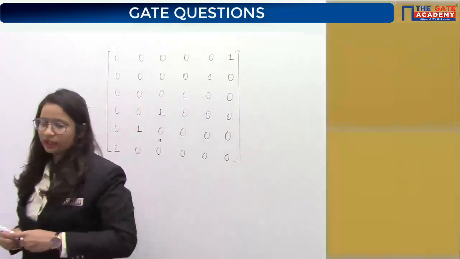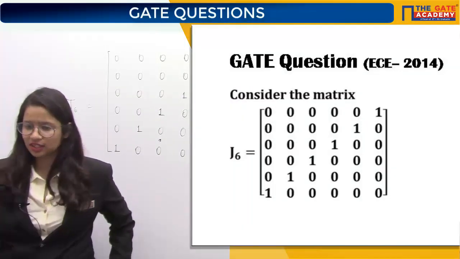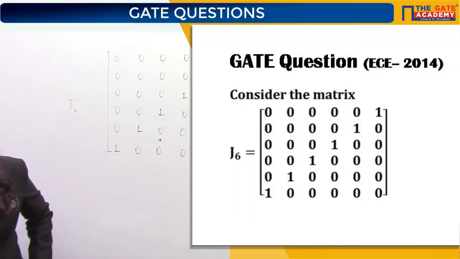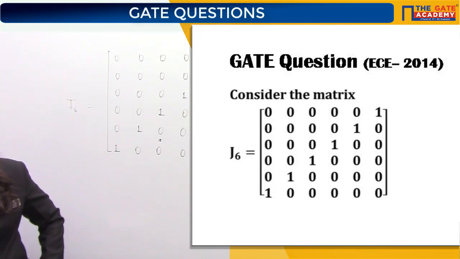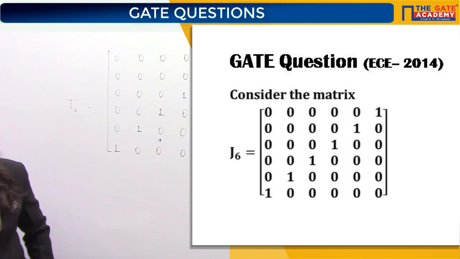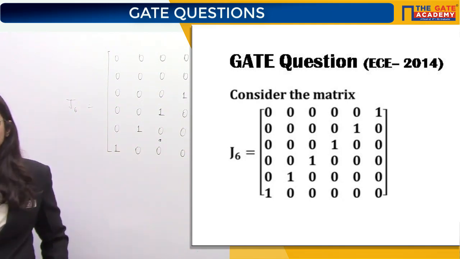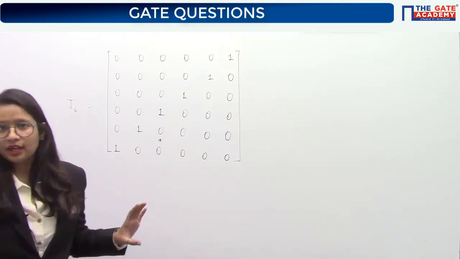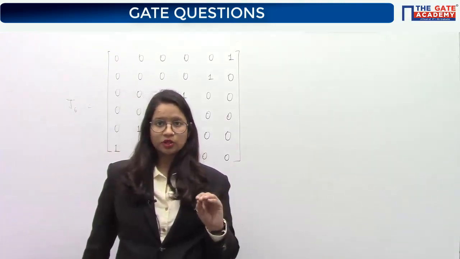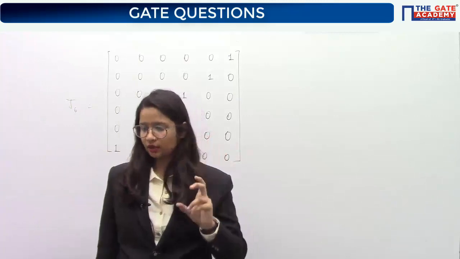So this is a matrix given to you in the question. There is a matrix J6, and it is written that this matrix is obtained by reversing the order of the columns of identity matrix I6. So there is no question mark in this case actually. It was just a statement that this J6 matrix is obtained by reversing the columns of your identity matrix. That was mentioned here.